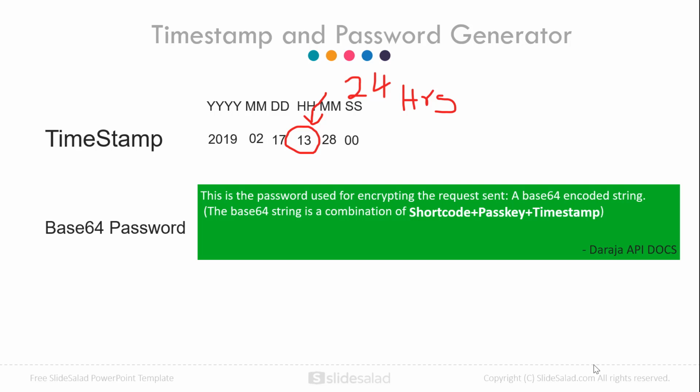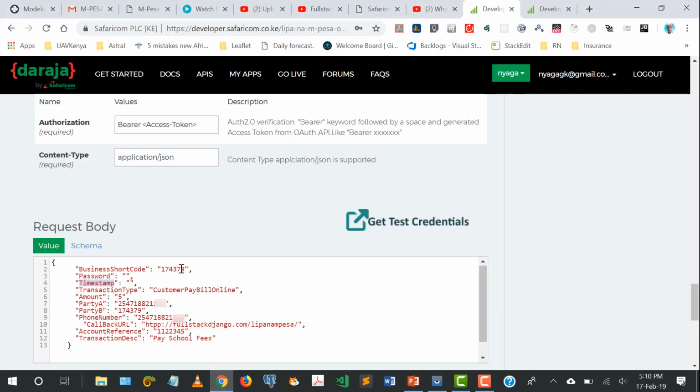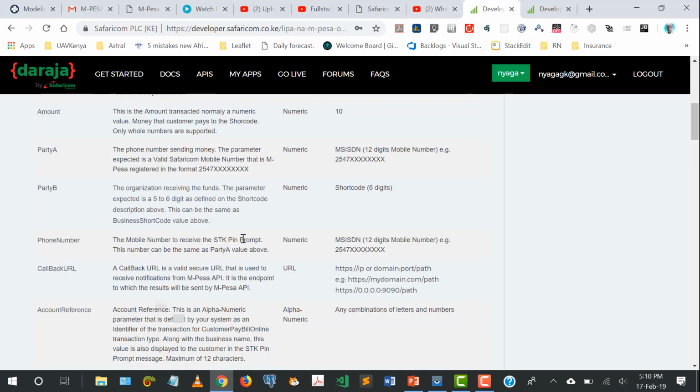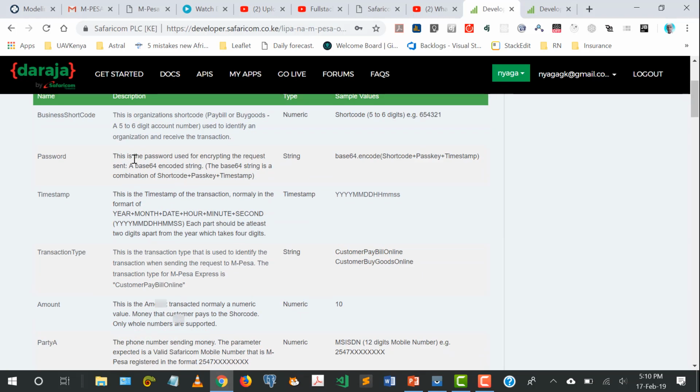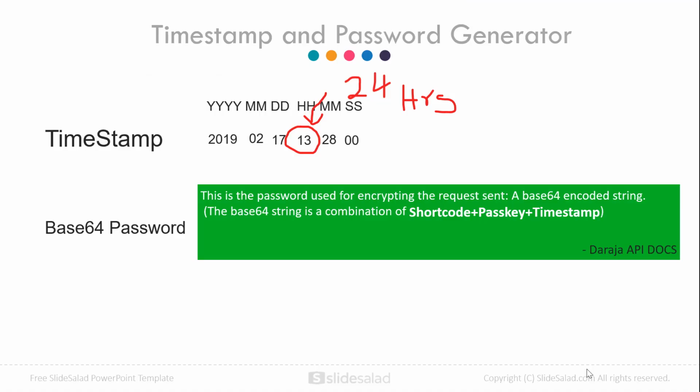We also need a base64 password. So the password that they've requested, if we go back to the documentation, they say that the password that is used for encrypting the request must be a base64 encoded string. So I won't go too much into what a base64 encoded string is, but I'm going to leave a link in the description below of a small YouTube video that you can watch so that you can understand what is base64 encryption. But for purposes of this tutorial, I'll show you an easy online way of how we can generate